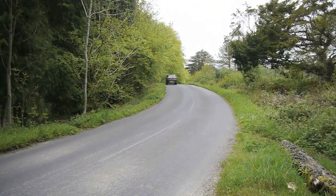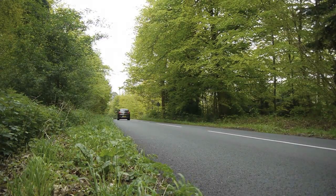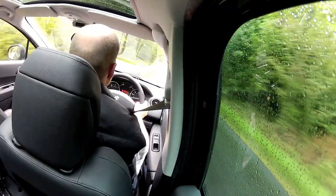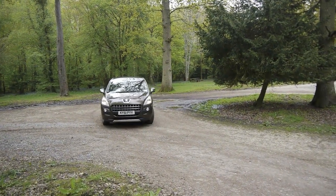Power comes from a 150 brake 2-litre HDI diesel engine with an impressive 340 Nm of torque at your disposal. CO2 emissions of 142 grams per kilometre mean it's pretty cheap to tax, and the average fuel consumption is more than 52 miles per gallon, although driven carefully I managed closer to 65. In this Allure trim, the 3008 cost